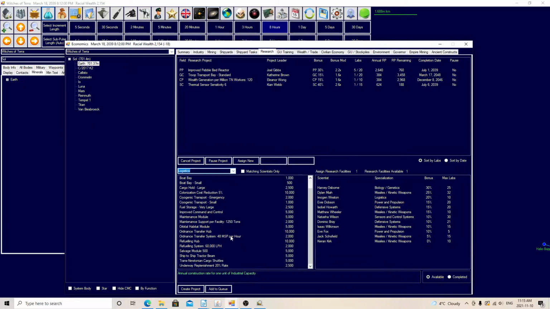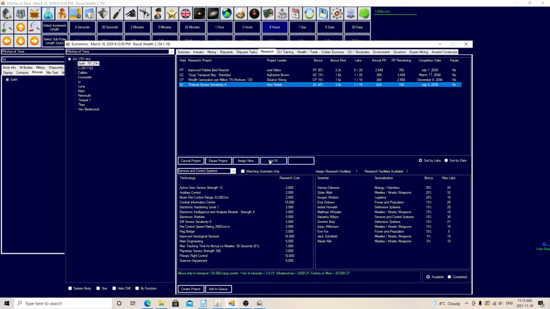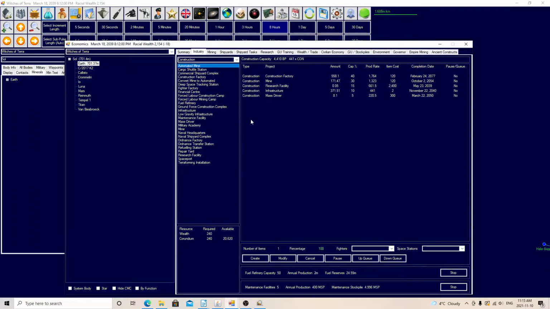Logistics. Let's go ahead and grab something useful here. Something we could use. It's 250. Sensors. We already have a sensor guy going. I'm going to just drop it into sensors. Okay, so we got two on sensors. Industry, we got... Do we have any actual...